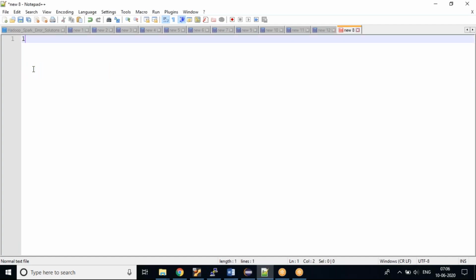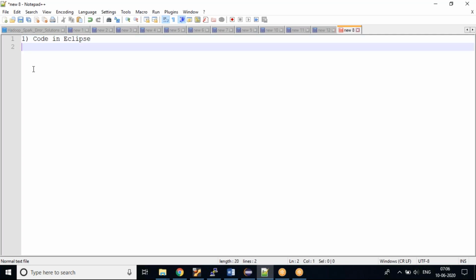Okay, so the agenda for today is I'll be showing you one small code, and that code will be in Eclipse. I'll show you how to write the code in Eclipse, and all the configuration. The second thing is we'll see one code which is already written in Eclipse, and I'll try to demonstrate that with AWS Glue.